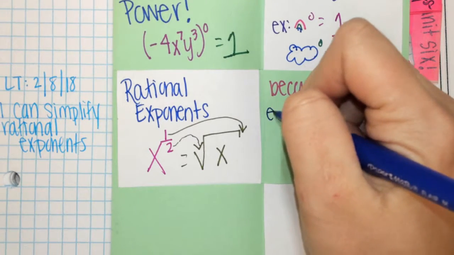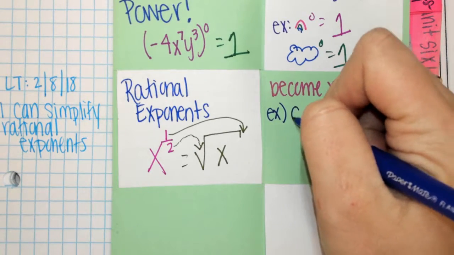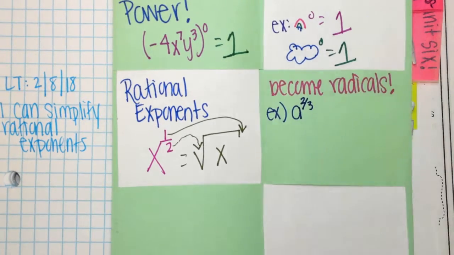So, for example, if I wrote a to the 2/3 power,